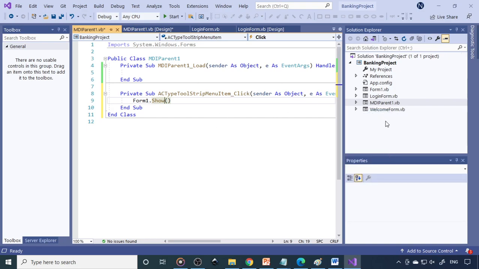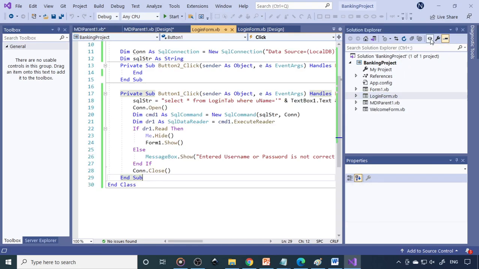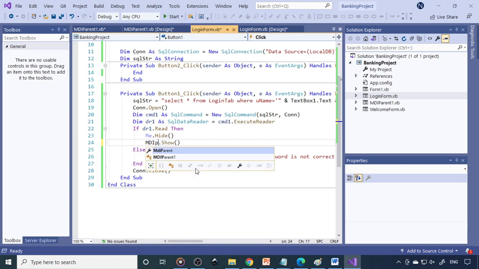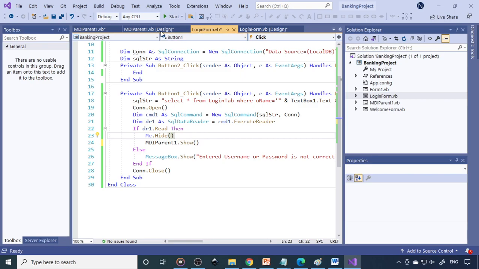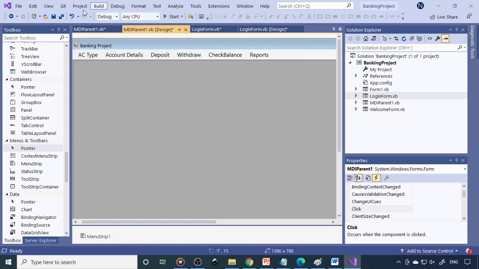And then now we need to make the changes after login. So there is a login form here. So once you log in, so here is the code window. If I click this, it will take you to the code window. Here form 1 dot show is that. Now we have MDA parent, therefore change to MDA parent 1 dot show. I want to show the MDA parent. Then when I click this MDA parent here, then I want to show the form 1. Later we'll add the account type form, and that one we can show, but for the time being we'll show the form 1. So now save all the details.